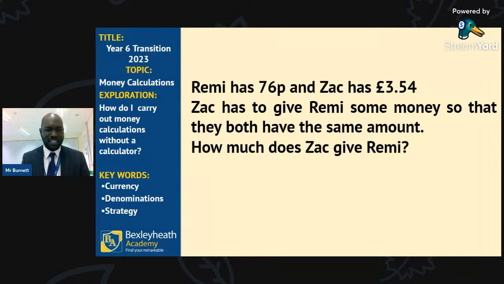All right, and there is an M word we normally use in maths, which is called the mean. So what would the mean amount be? That's if they share the money equally among themselves, the amount of money that each person gets at the end, that's called the mean. I'm sure you would have learned those words in school, like mean and median and mode. But in this question, think about the mean if we share the money that we have equally, and the answers are beginning to come through.